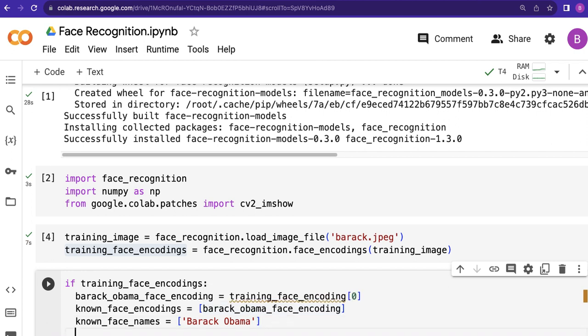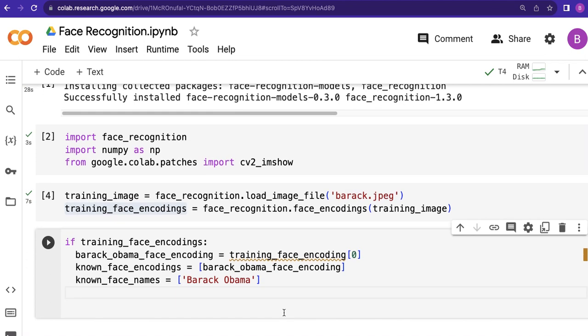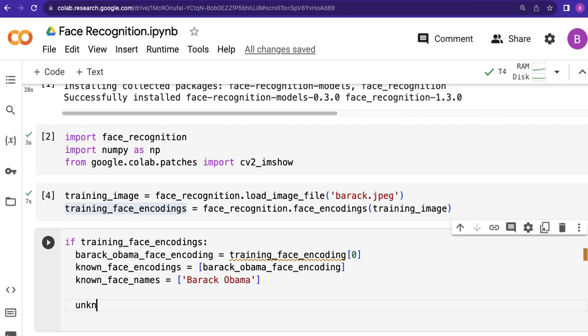After doing the encoding of the known image, we'll do the unknown image, right? Unknown means a new image. unknown_image = face_recognition.load_image_file, and here we'll pass the unknown image. The unknown image here for us is Barack